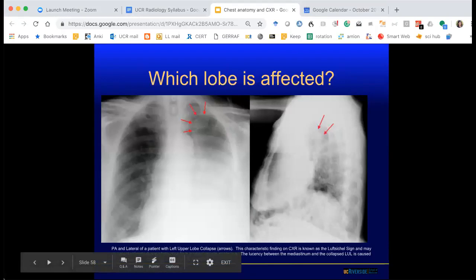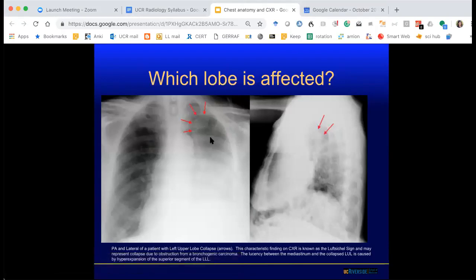So the left is abnormal. Is the left good? So this is what we call the left sickle sign. The left sickle sign is, you know, like that sickle. And so what happens is the right upper segmental lobe herniates to the left side because it's hyperinflated due to